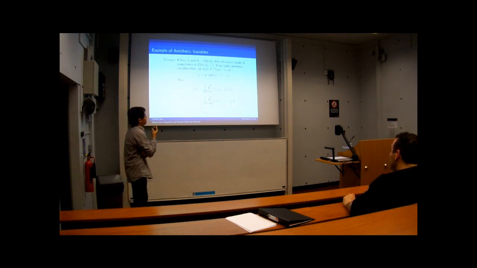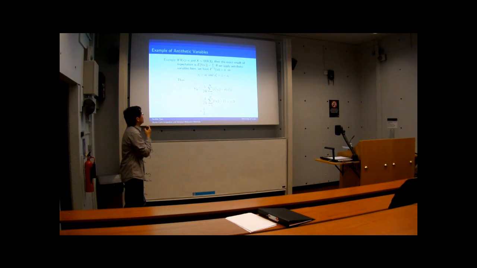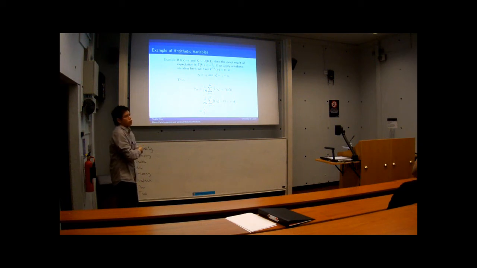The example here is we let f(x) be x, and x comes from a uniform distribution from 0 to 1. So we know the exact value of f(x) is 1/2. And because the inverse F⁻¹(u) is u, we can write x_i equal to u_i, and x_i prime equal to 1 minus u_i. Now we put this in Y_n, we can calculate that Y_n equals 1/2, which is exactly the same value as here. So we know that in this case, Y_n is an unbiased estimator, and it has no variance.